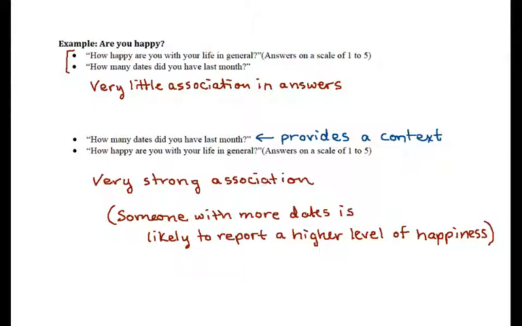So what this tells us is it's not just the wording of each question that we have to be aware of, but the whole design of the survey. If a person gets the idea early on that a survey is designed to measure something, it's going to affect how they answer all of the questions in the survey. Just like in our drug and alcohol addiction example, even calling it a drug and alcohol addiction survey before asking the questions is likely to place a little bit of bias in how those answers come in. I mean, you know how that information is going to be used, right? Sounds very judgmental, even just in the title.